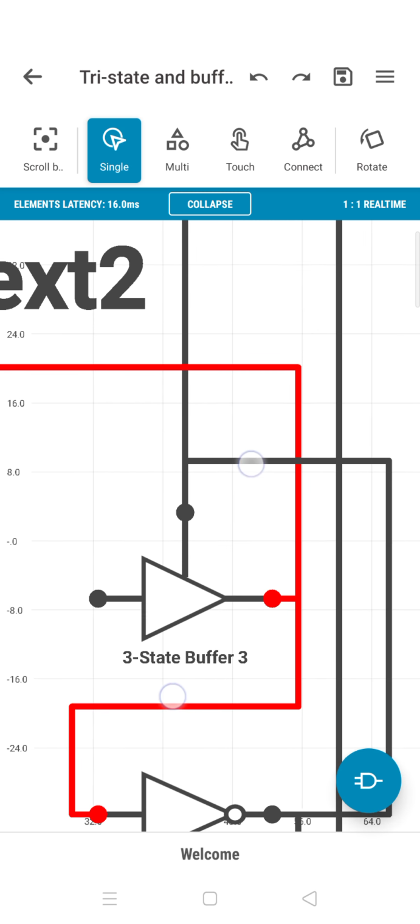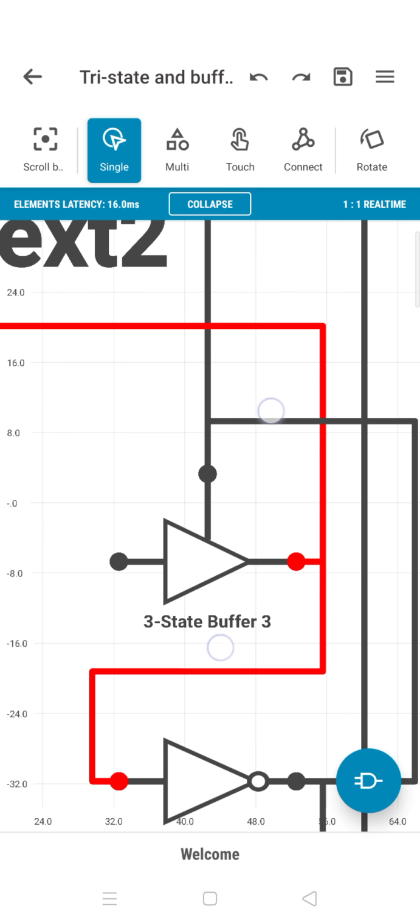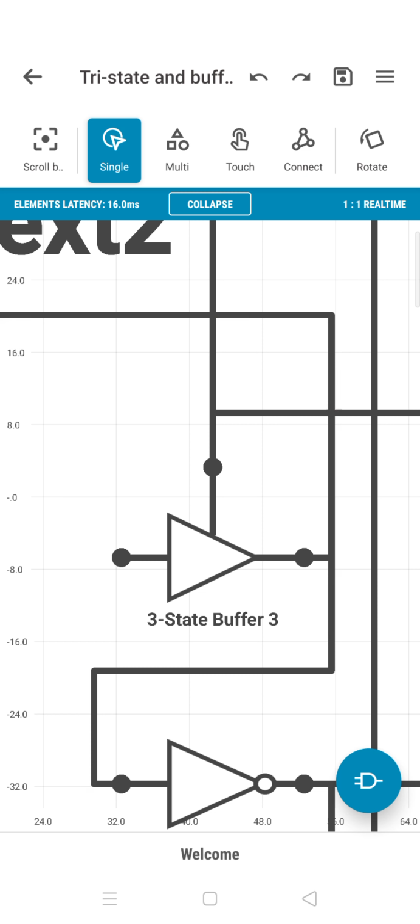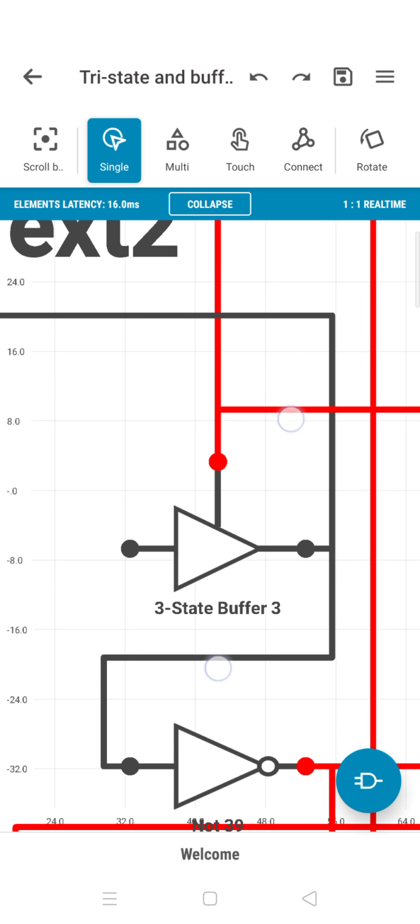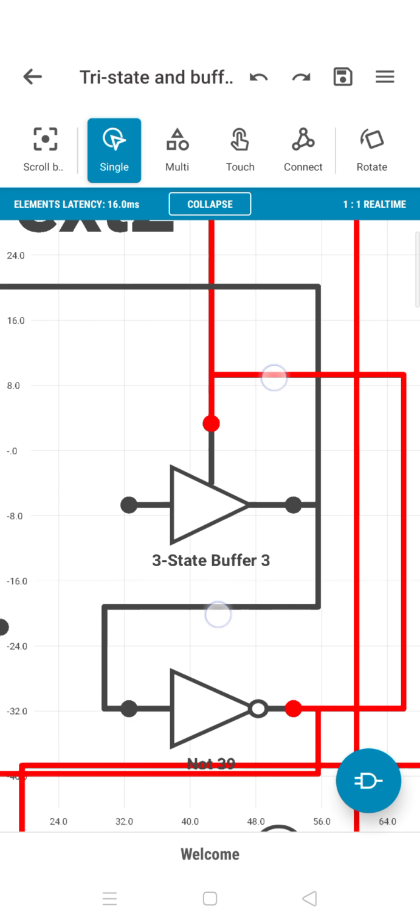Sorry, that's a buffer. This is the kind of tri-state device. When you have current flowing on this side, immediately the current flows out on the other side, and whatever is given here is what goes out in the other direction. This is called a tri-state buffer. Tri-state buffers are very useful, and you can do so many things with them.